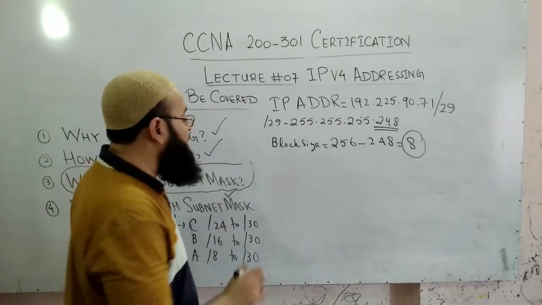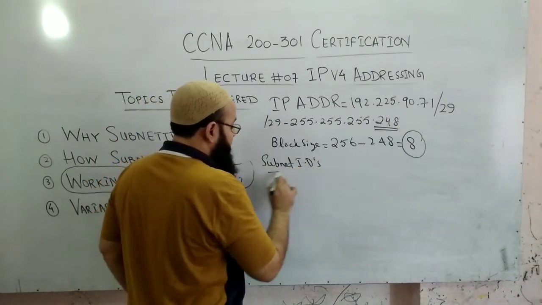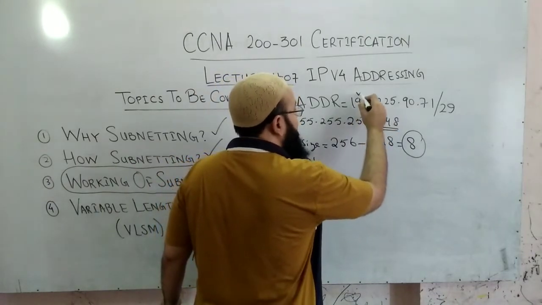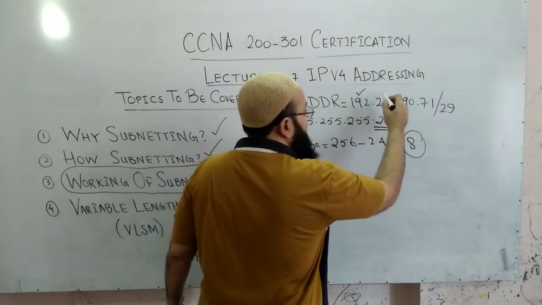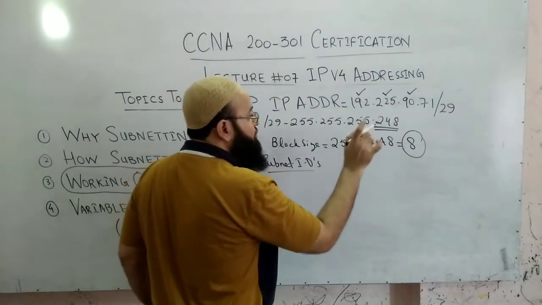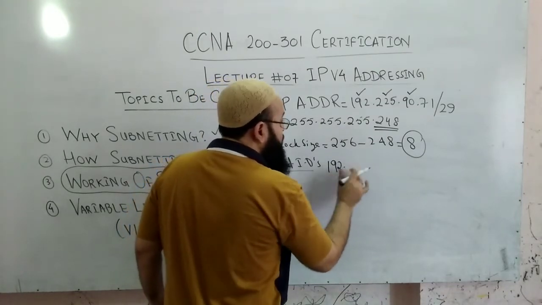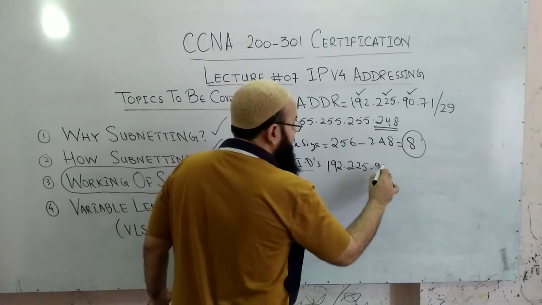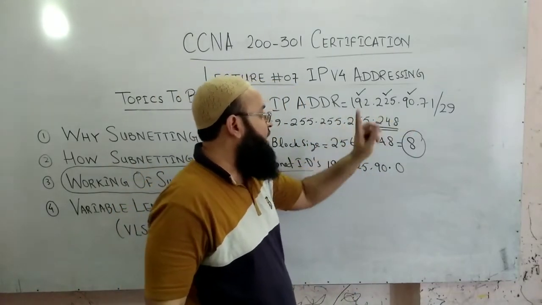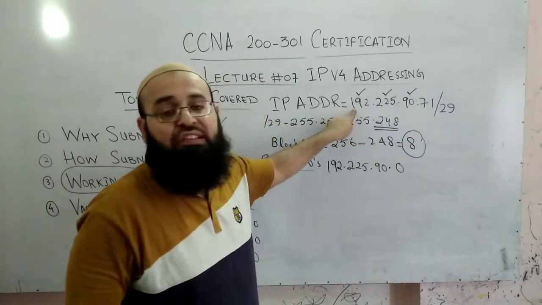Now the subnet IDs will be like this. This is which class IP address? This is the class C IP address. So in a class C IP address, this is a fixed network portion, this is a fixed network portion, and this is also a fixed network portion. So the starting will take place from 192.168.90.0, because these three portions cannot be altered. All the alteration will take place in this fourth portion as it is a class C IP address.